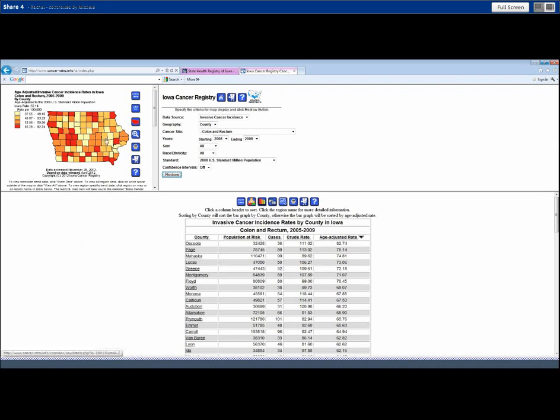So you can see it visually there with a map, or you can see down below where it actually gives the county names, what their population were. You'll see the cases and the crude rate, which is just determined by taking the number of cases and dividing by the population at risk. And then it gives you the age-adjusted rate, which if you want to actually be able to compare a particular